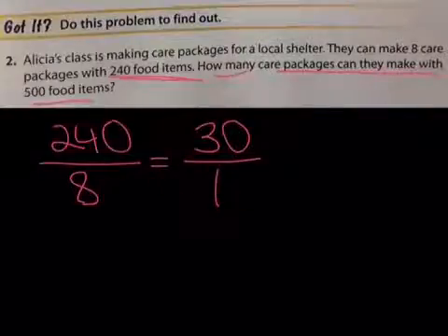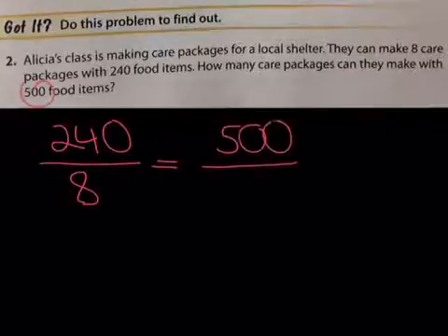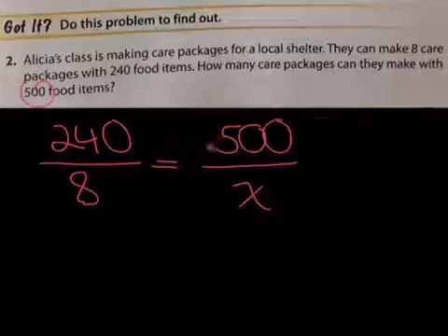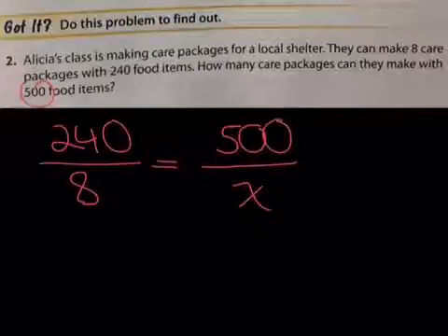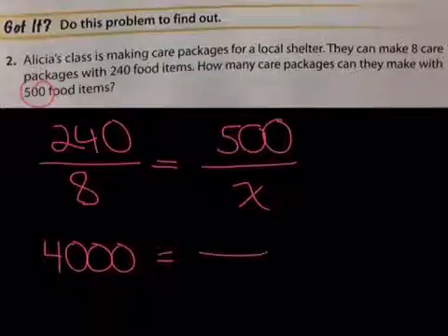I want to use cross products, where now we write the other ratio, 500 food items over x. We don't know how many care packages we can make. And we go ahead and multiply directly across. So I have 8 times 500 equals 4,000. 4,000 on this side. And on this side we have